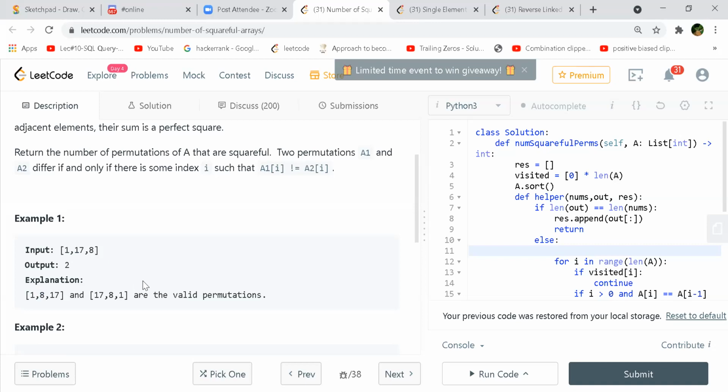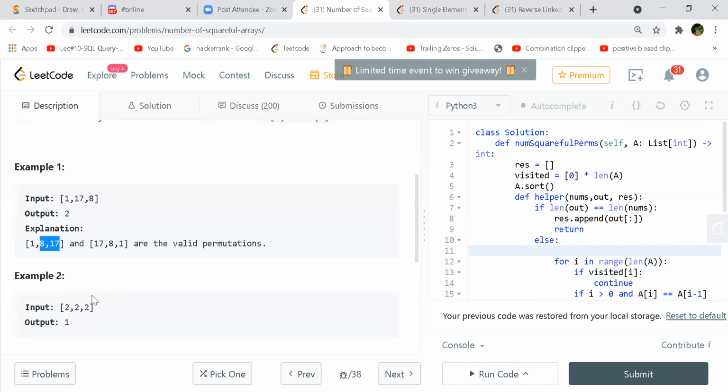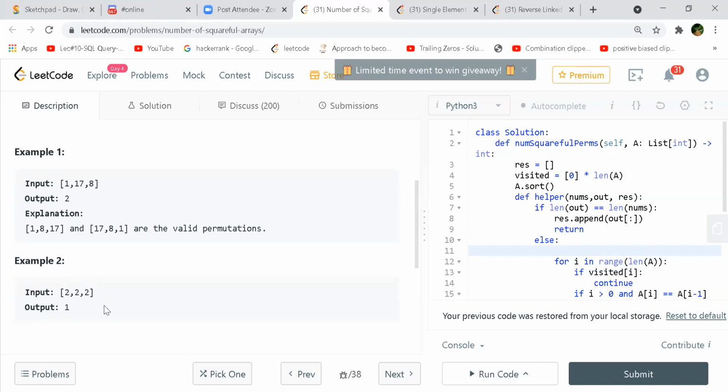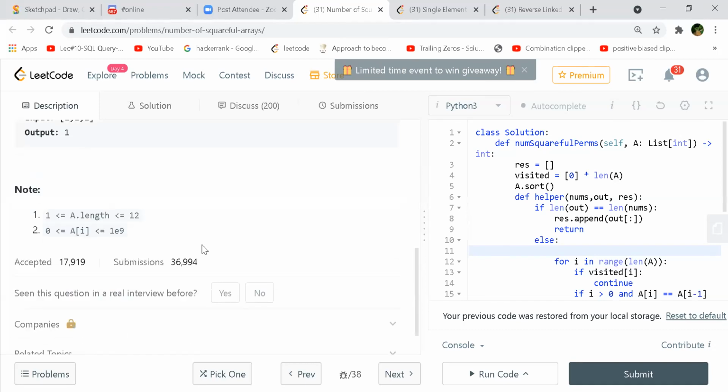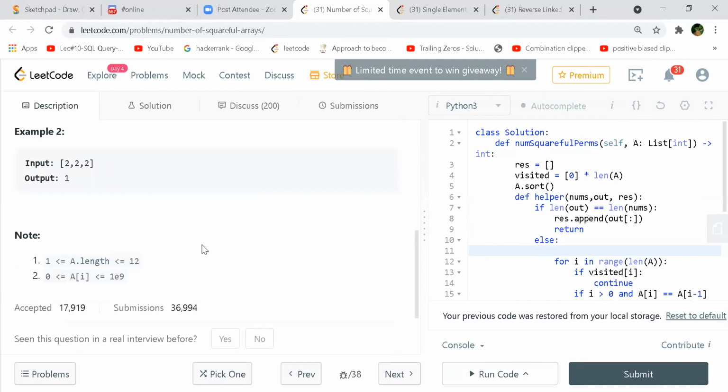So these two are a perfect square, and again 8 plus 17 is a perfect square. And coming to this, there is only one, like 2 and 2 itself. 2 plus 2 is 4, 2 plus 2 is 4. And length is less than or equal to 12, and array elements can be 10 raised to the power 9 at max.